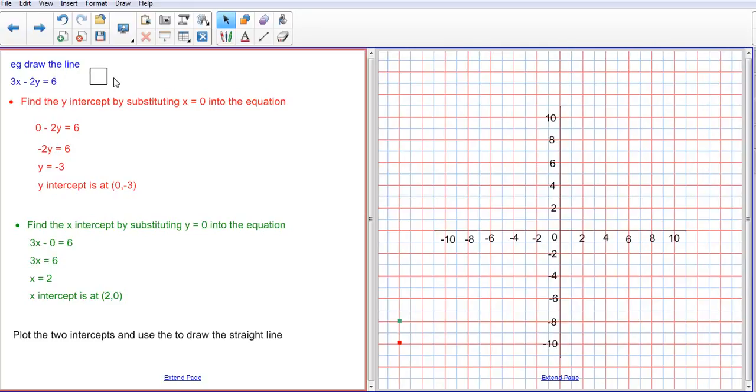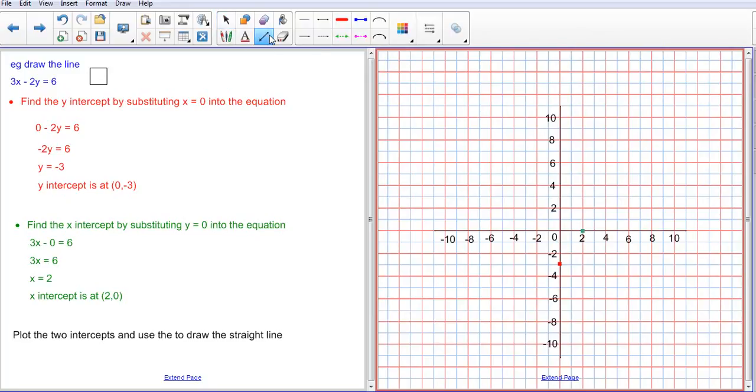So once we've done that, then it's just a case of putting these two intercepts in place, which we can do like so. So we've got (0, negative 3) right there. We've got (2, 0) right there. And then what we are going to do is draw a line. And if I draw my line there, and if I extend that,